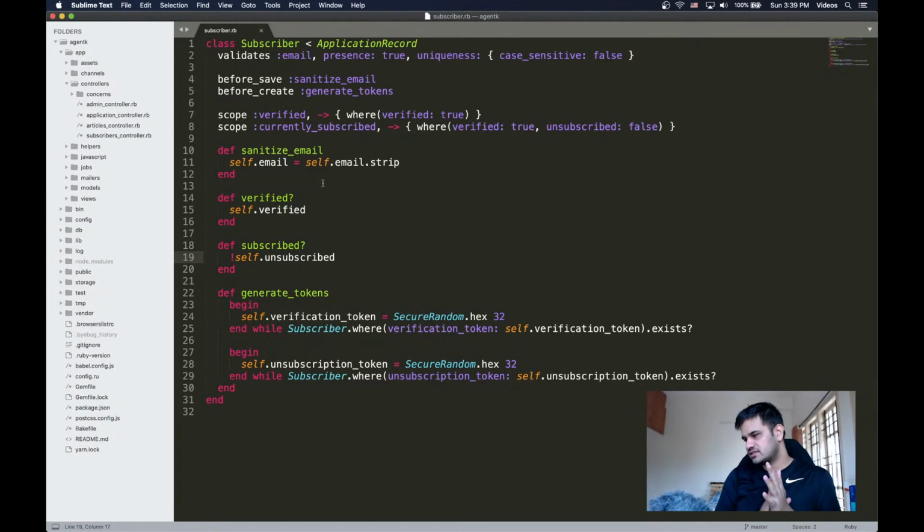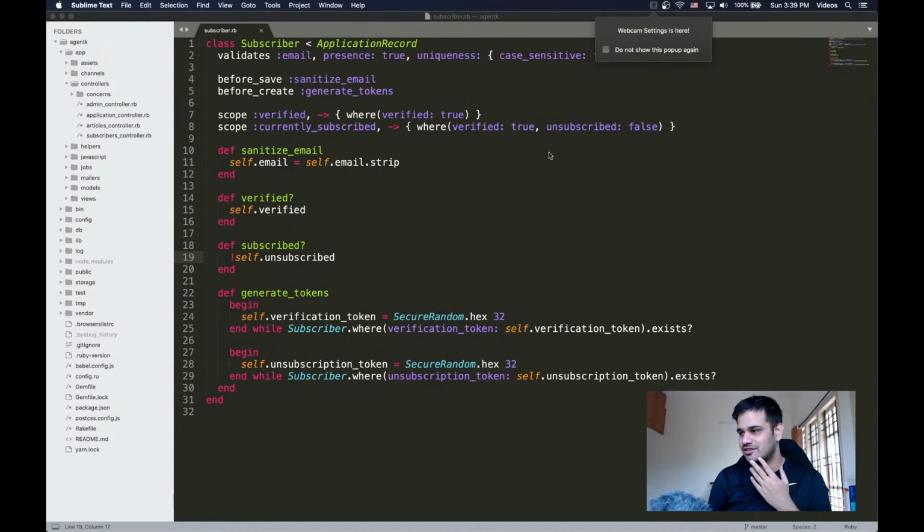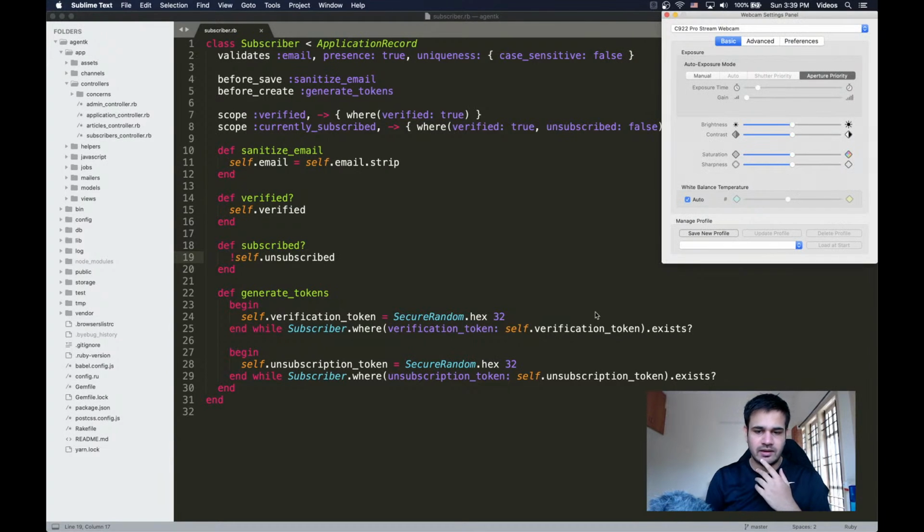So for subscription status, anyway, whatever it is, right? I'll just open our webcam settings quickly to make sure that everything's fine. But yeah, for the subscription status,